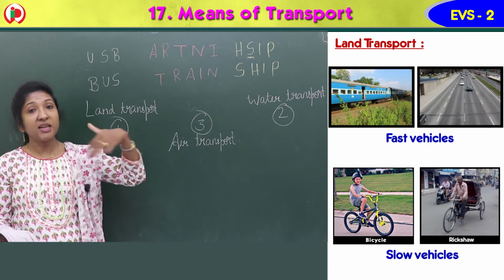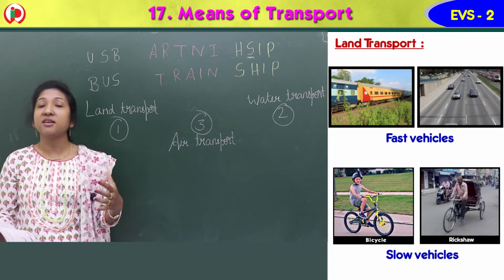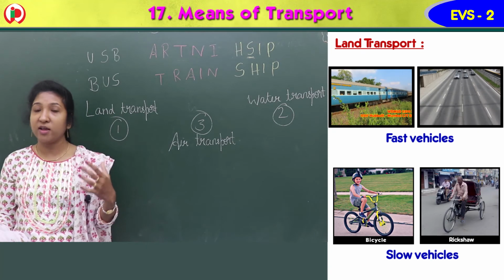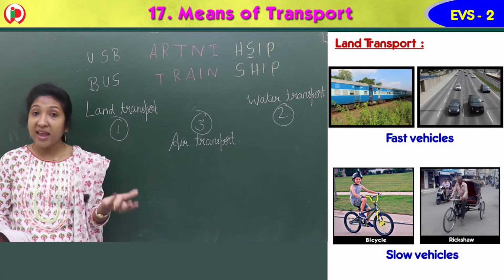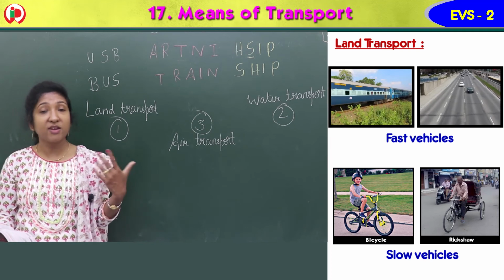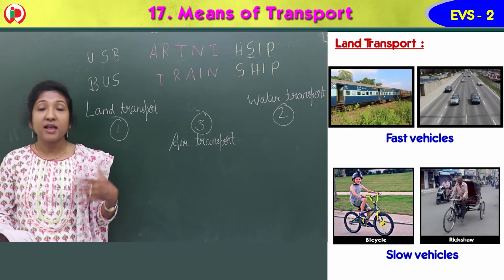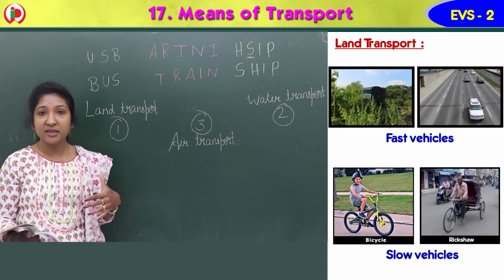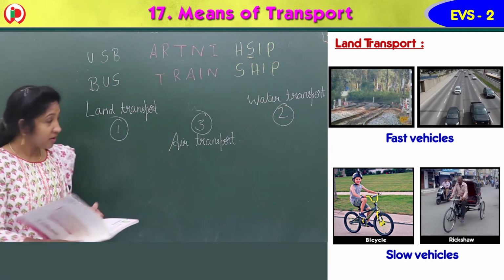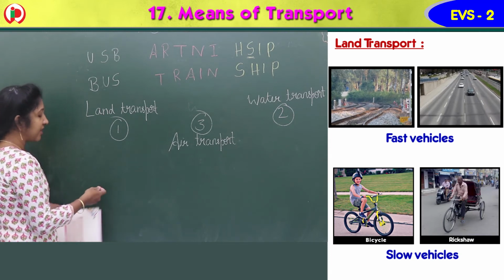There are many land transport vehicles that move on land or road. Some are very fast, some are very slow. Train, bus, car, they are very fast to travel. But cycle, rickshaw, they are slow vehicles, isn't it? Yes. So, land transport examples we can say